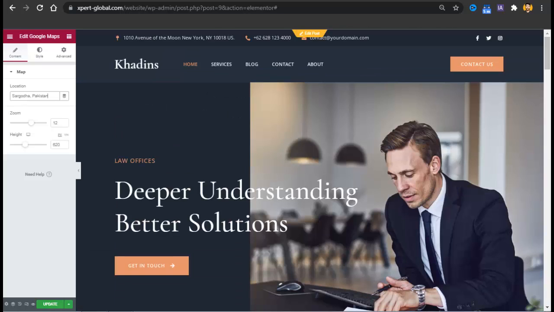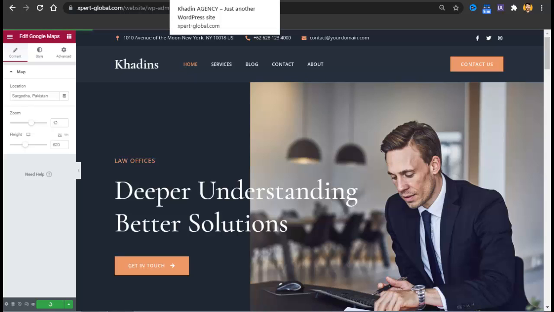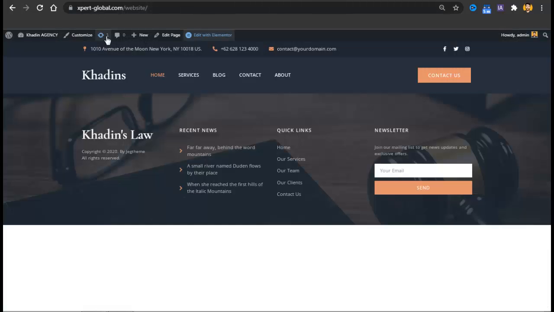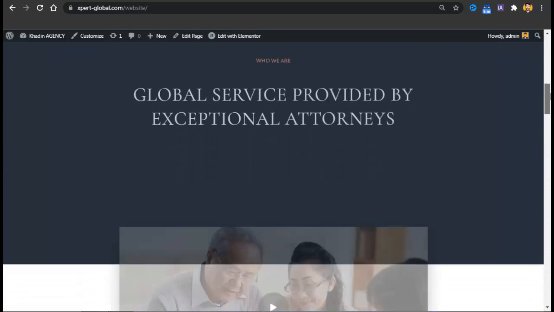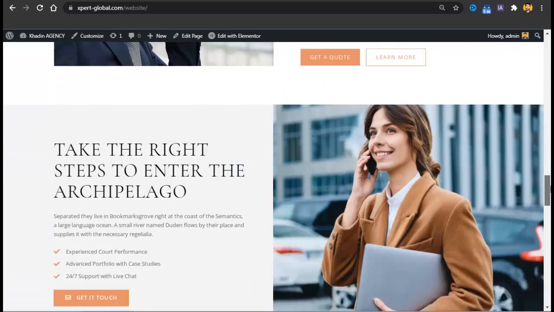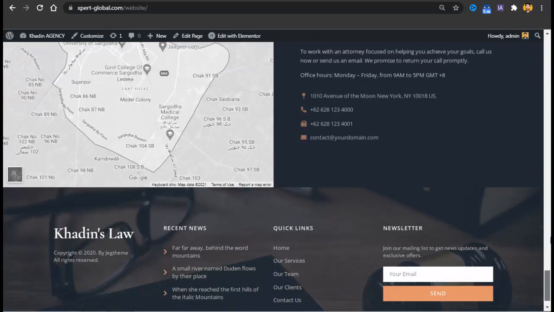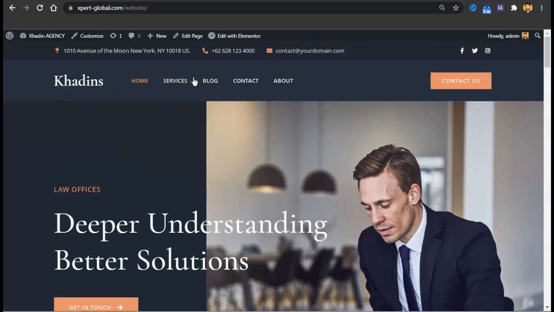So our home page is now set up, and just click on update, and your page is updated. Now we'll check how our website is looking right now. Here our page is updated, and we'll just refresh our website. Just hit refresh, and here you can see our website is updated now, and it is the same website as you watched in the demo. Now the same is the case with other pages like the services page, contact page, and about page, but the blog page is a little bit different, and I'll tell you about it next.